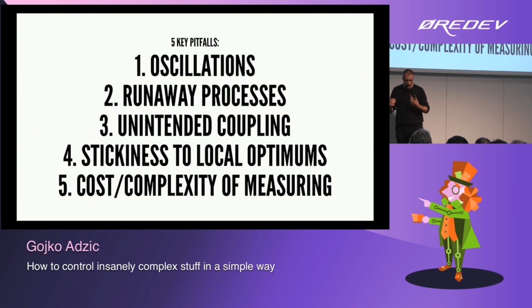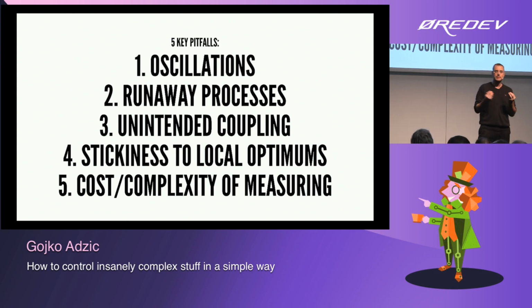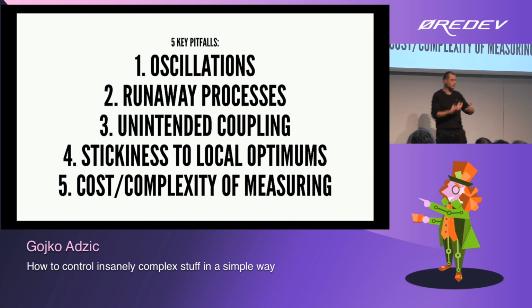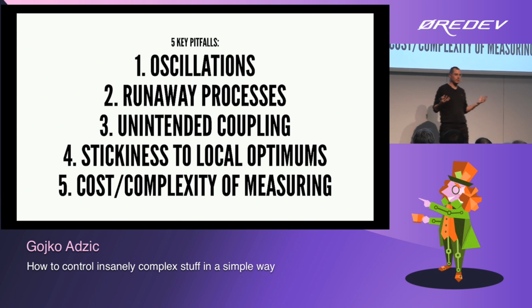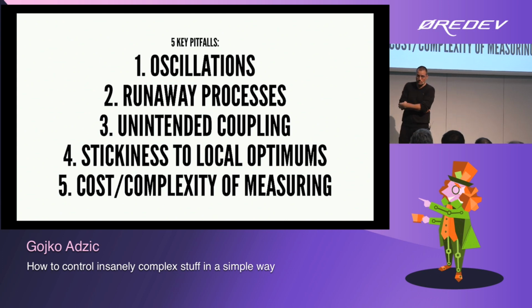And another thing, if we're doing this for optimization, we often get something that's just a local optimum. Feedback systems keep things stable. People talk about, for example, using user feedback to develop good systems and to create a lovely thing. But you're not going to create something innovative with that. You're just going to keep the system stable. So sometimes we need a bit of feed forward. We need some experimentation. There's also the cost and complexity of measuring stuff that might not be trivial, and sometimes that causes problems.